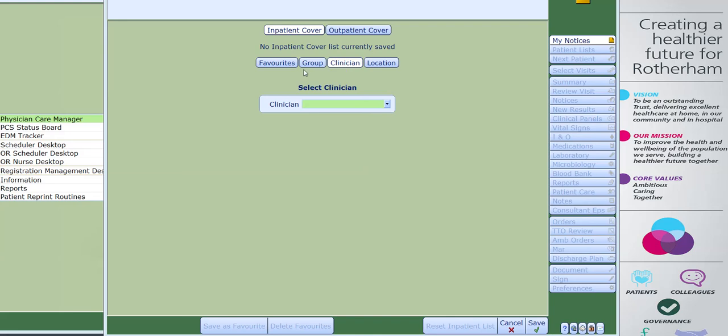Now, the first time that you click onto Build Cover, it will take you to this screen. As you have not set up any favourites yet, what you need to do is click onto the Clinician button. Now, it is just a case of typing in the name of the consultant and pressing enter on your keyboard. For example,